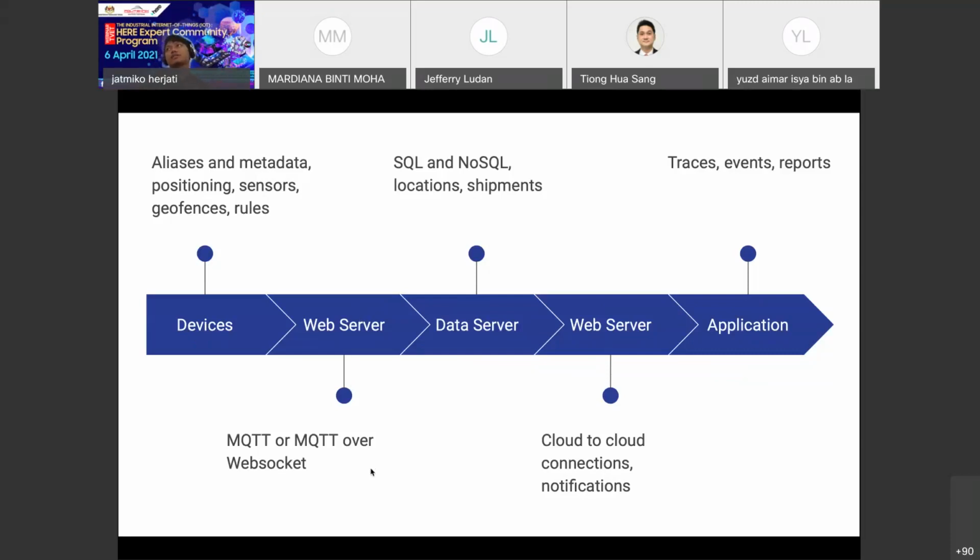Commonly it uses the MQTT protocol because it is low energy, a simpler one rather than HTTP that we commonly use in web browsers. This is MQTT for IoT. Or if we are interacting directly with an application in a web browser, we commonly use MQTT over WebSocket because